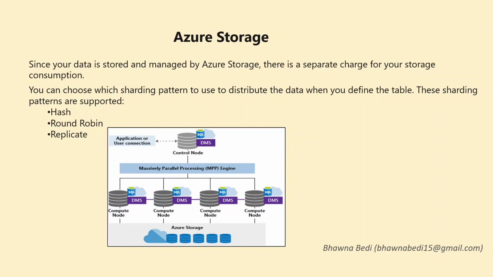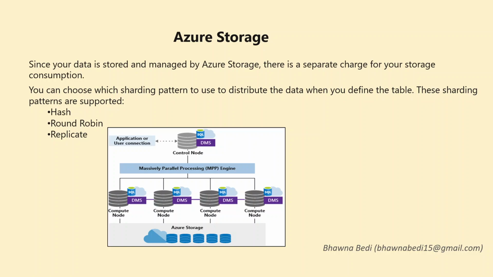Your data is sharded by different distribution methods. So when I talk about different distribution methods, you have your hash partitioning, you have your round robin, you have your replicated table. Now we have these three ways in which the data is distributed inside the tables, or the rows are distributed inside the tables, and we are going to discuss each in detail in my upcoming videos. But for now I will give an overview of what these three sharding distributions are, and what their basics are.